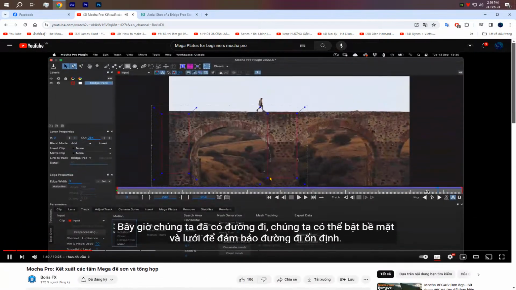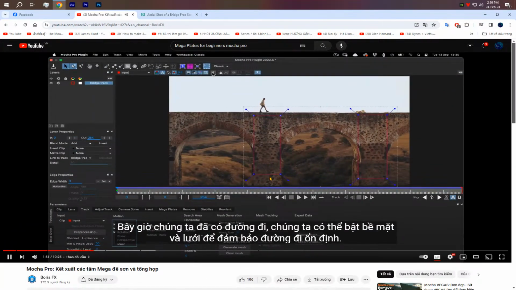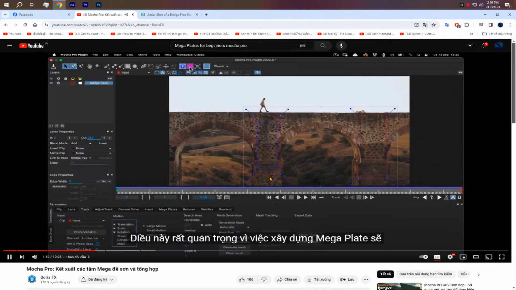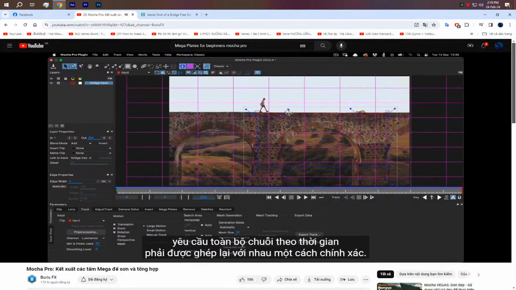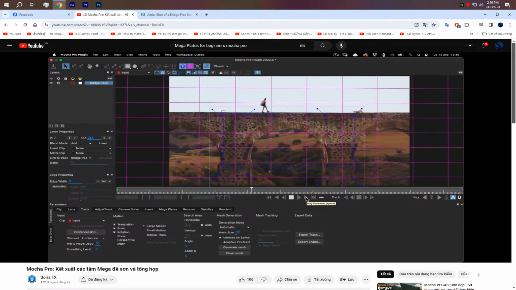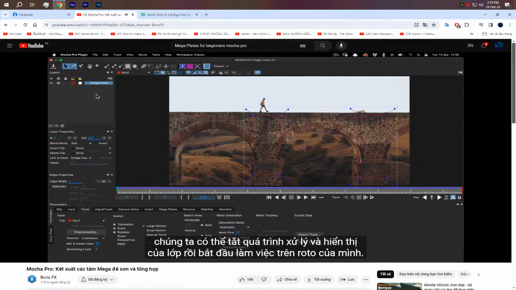Now we have our track, we can turn on the surface and grid to make sure the tracking is solid. This is important as building a megaplate will require the entire sequence over time to be patched together accurately. Once we're happy with the track, we can turn off processing and visibility of the layer and start working on